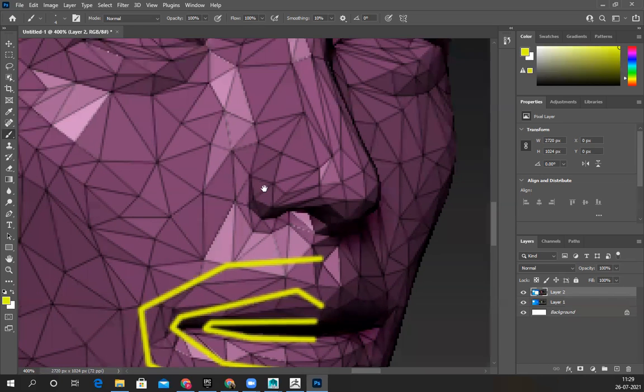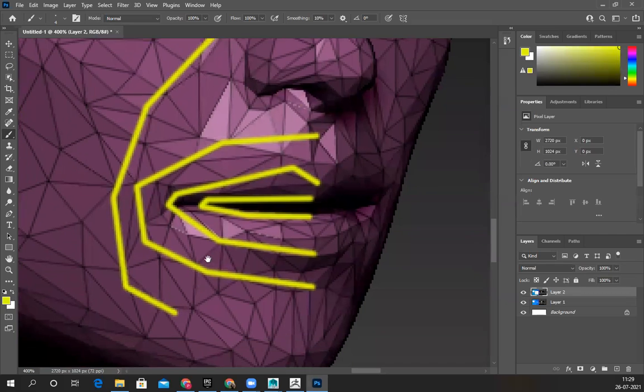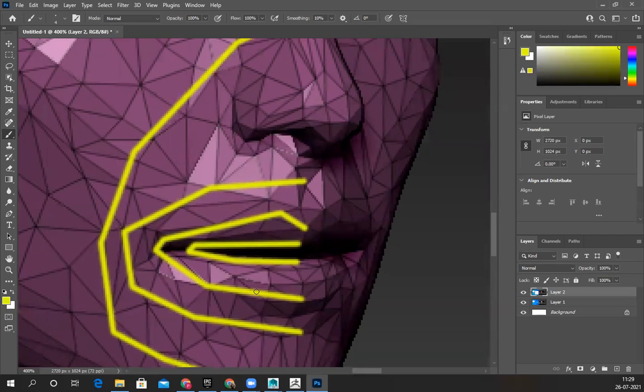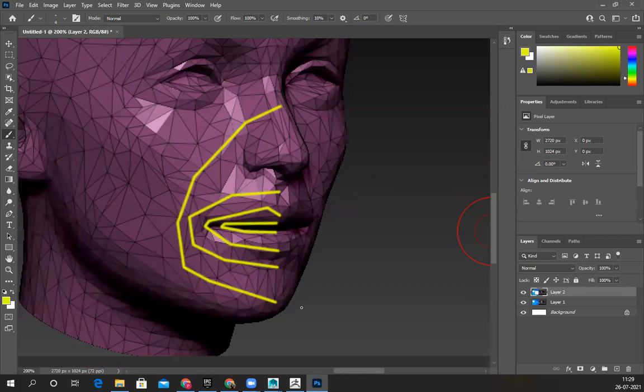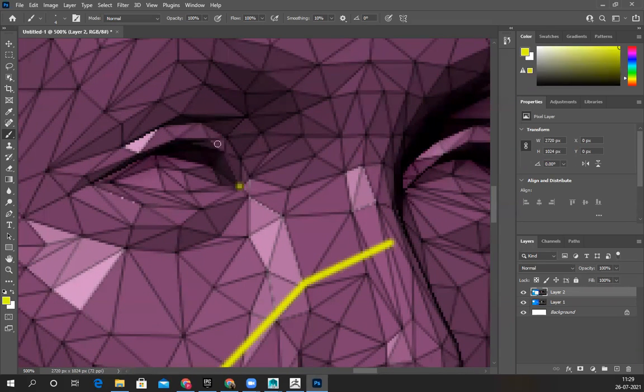Make sure. Then the nose, from nose to here, one perfect loop. It should be a continuous loop again. Then the eyes, corners of the eyes, one loop.